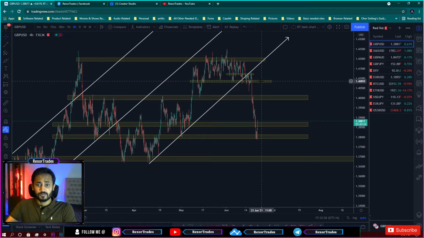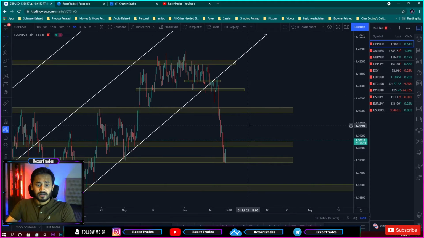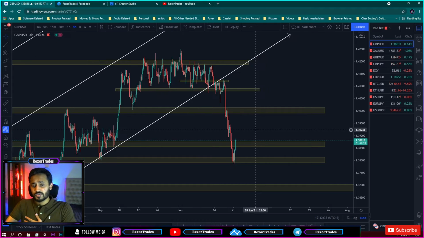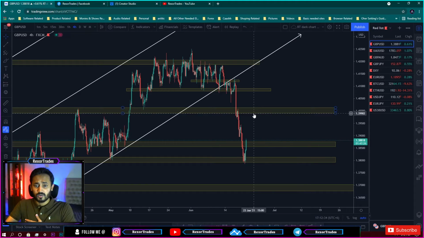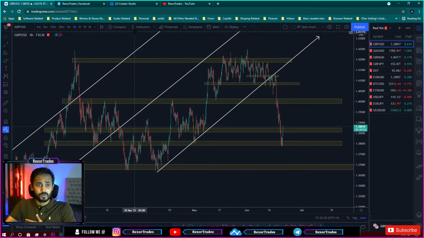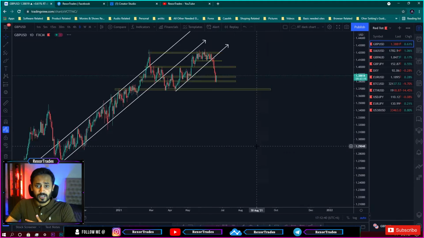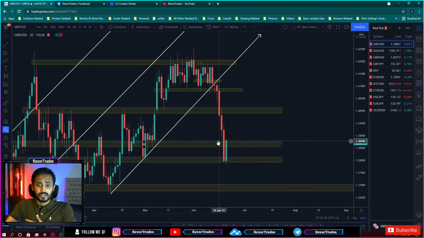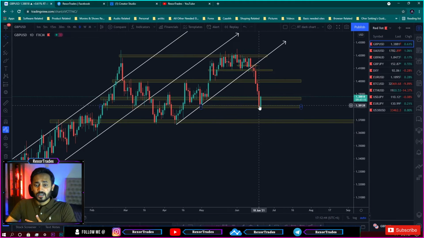It might also make a pullback towards this zone as well if it's a deep pullback. So we're going to see right now, if GBPUSD doesn't come all the way towards this zone to make a pullback and continues moving downward just by making little pullbacks, then in that case you should wait at this zone over here, wait for GBPUSD to actually break and